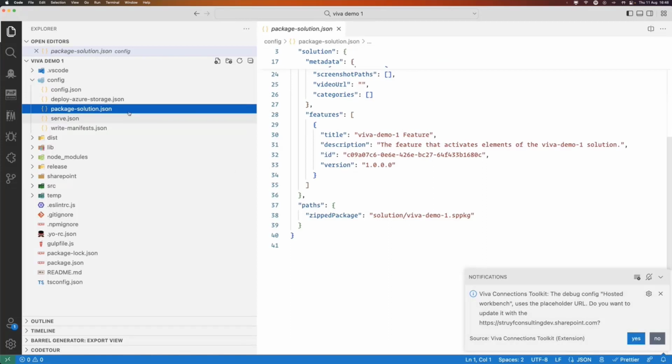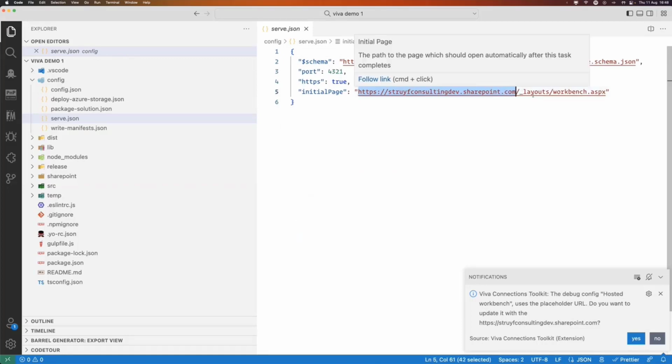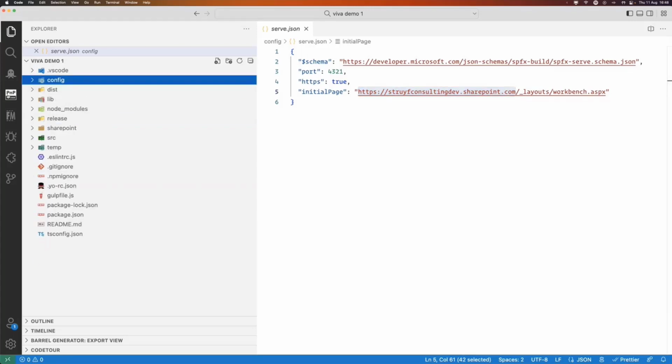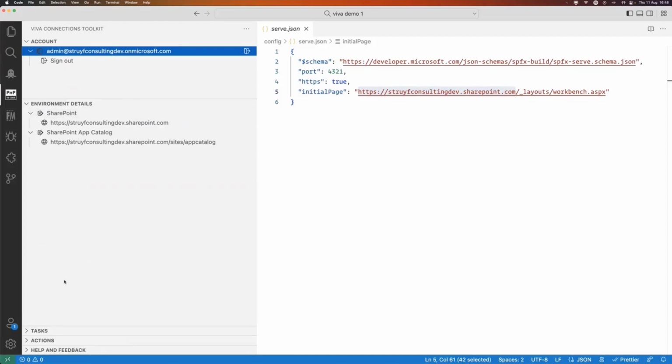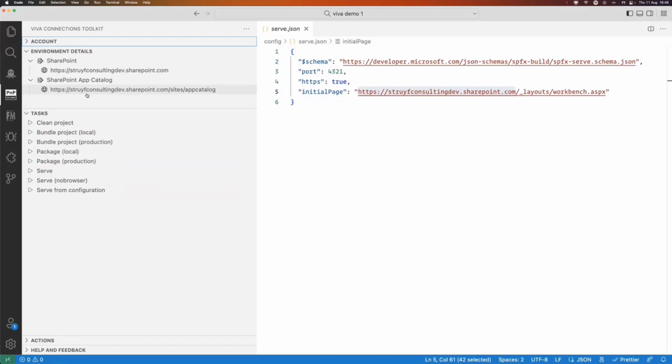But what it's going to do, if in serve, the initial page is set to the placeholder URL, which is, I think, put your SharePoint site's URL here. That is the actual placeholder. Then you can just say, yes, I want to update this. And then automatically it will update this particular placeholder. And then it matches the one that you currently are logged into, because that's pretty easy to start running the next tasks. And the next tasks are, for instance,